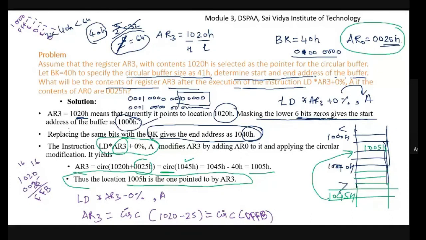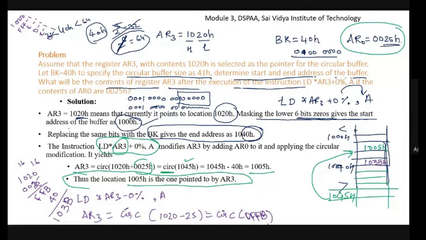Since it is circular buffer addressing, and the value is less than 1000H, what we do here is perform the addition of 0FFB with 40 hexadecimal. Can anyone please calculate 0FFB plus 40 hexadecimal and tell me the final answer? To this we have to add 40. 0 with B remains B only. F plus 1 is 10, then 1 3, 0 1. So you're going to get the new value, which is 103B hexadecimal.